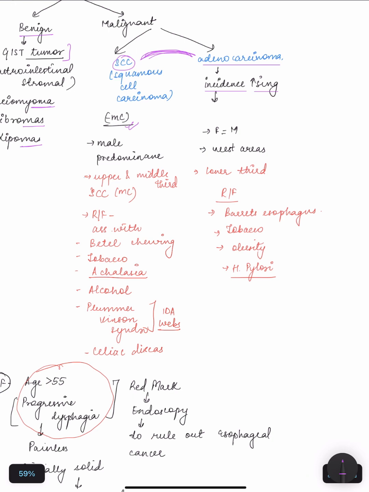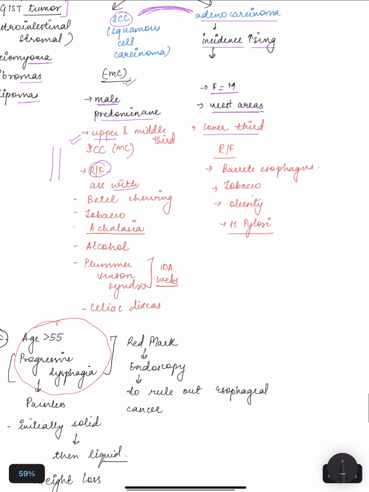In squamous cell carcinoma, it is predominant in males, but in adenocarcinoma, it is equal in males and females, and they are present in the western areas. Squamous cell carcinoma is present in the upper and middle third of the esophagus, but adenocarcinoma is present in the lower third. Risk factors include betel chewing, tobacco, achalasia cardia, alcohol, Plummer-Vinson syndrome, which is associated with iron